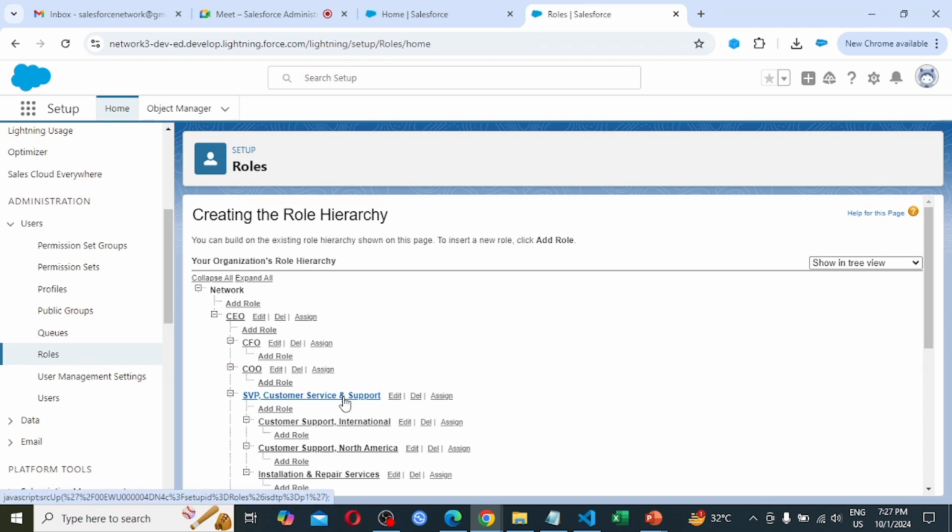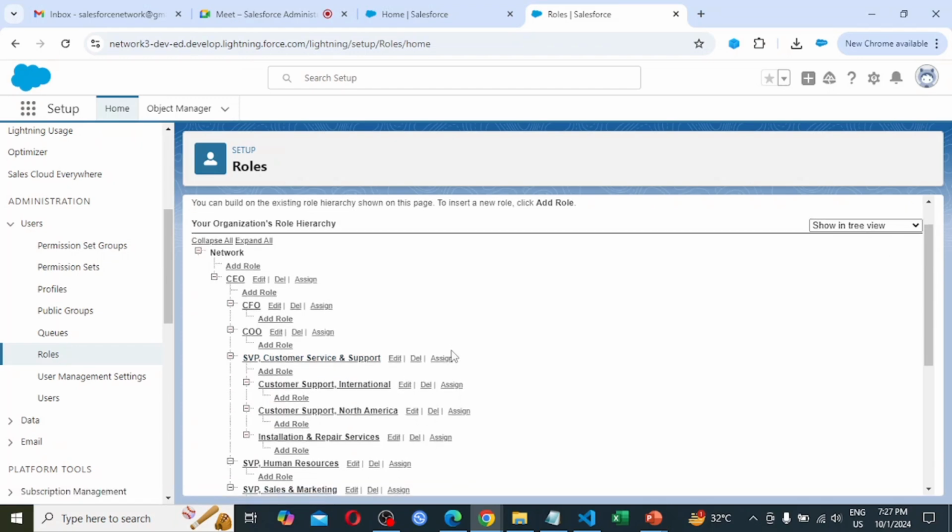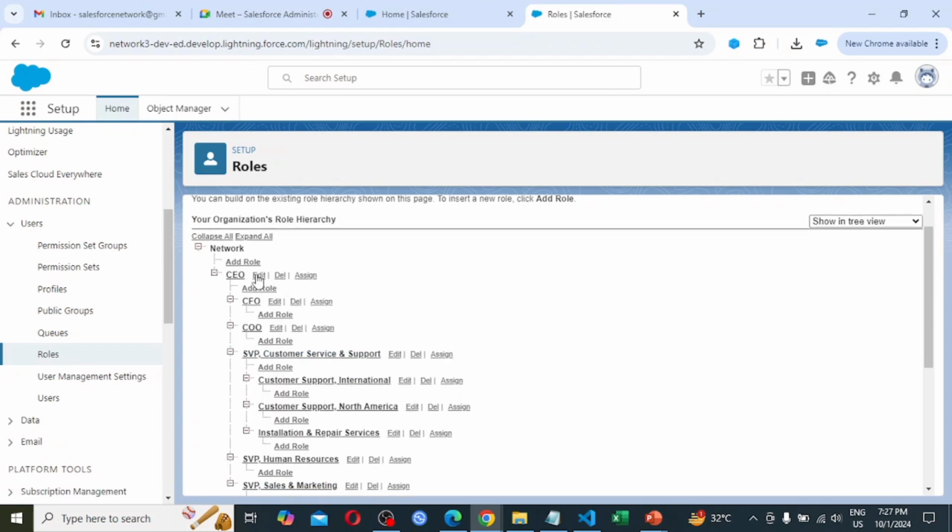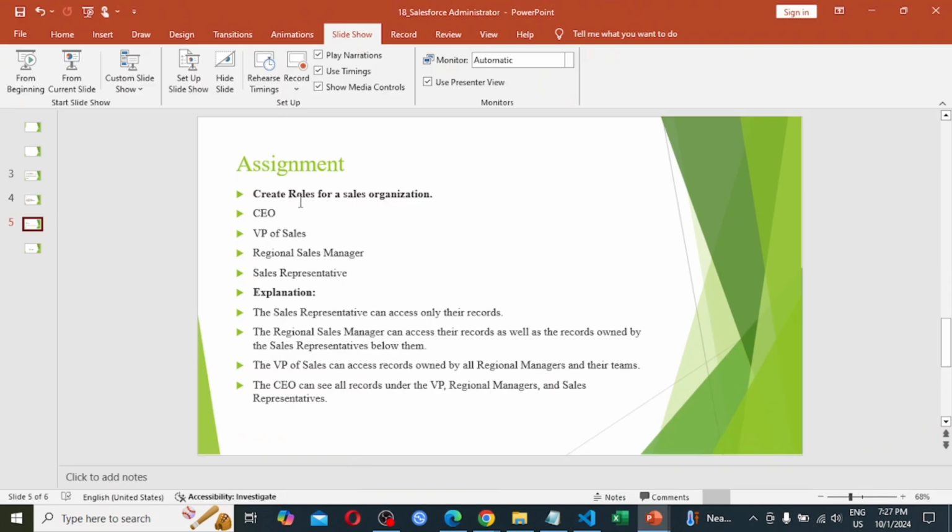So as per our assignment we have to create our own roles. So I am not going to disturb anything as we are seeing that there is a CEO role already there. 8 roles for sales organization. So first will be CEO, then under CEO there will be VP of sales.